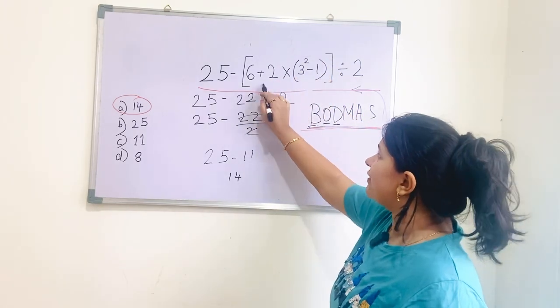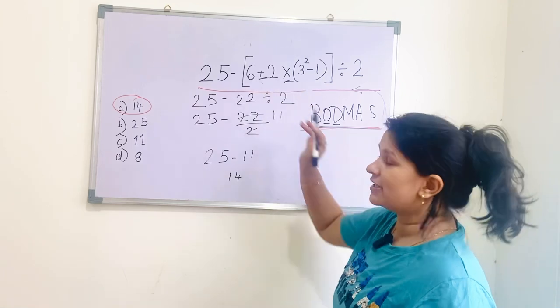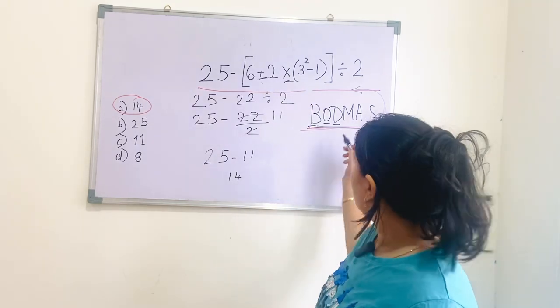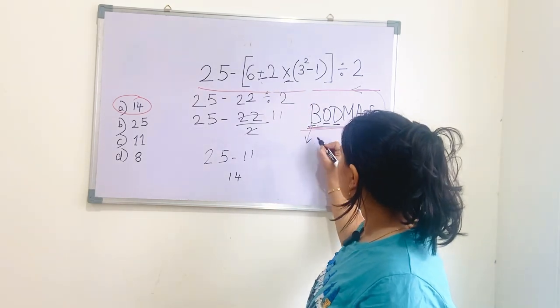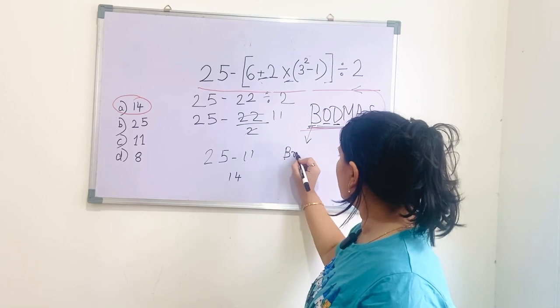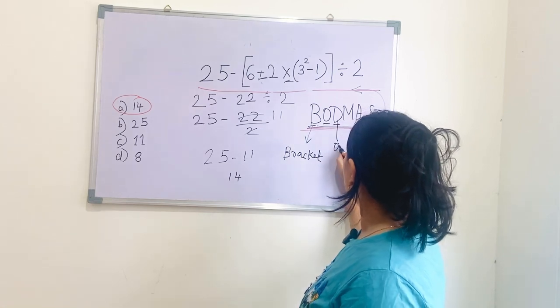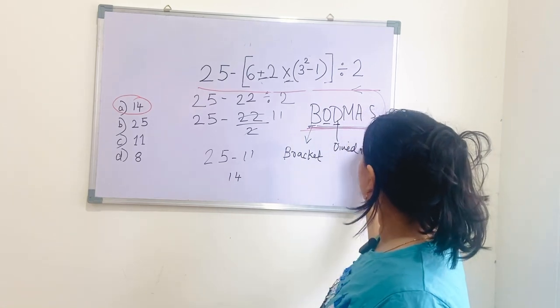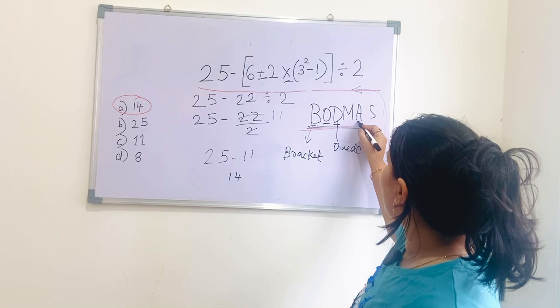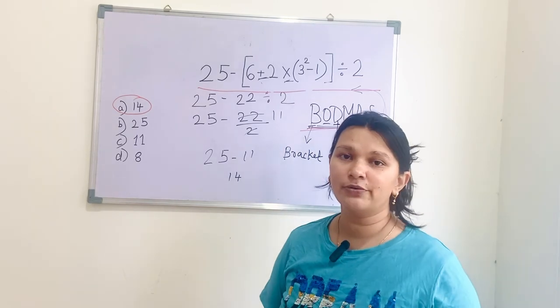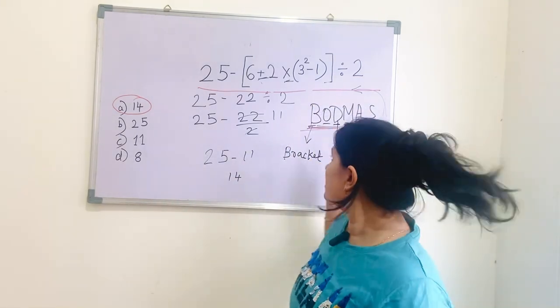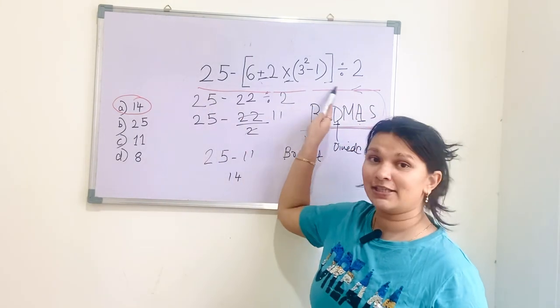And again, there is addition and there is multiplication, both coming in between. So in the BODMAS rule, first of all bracket, and then bracket open, then there is divide, and after that it is multiply, and after that addition, and at last you will do subtraction. Always follow this rule and you will never fail in this type of question.